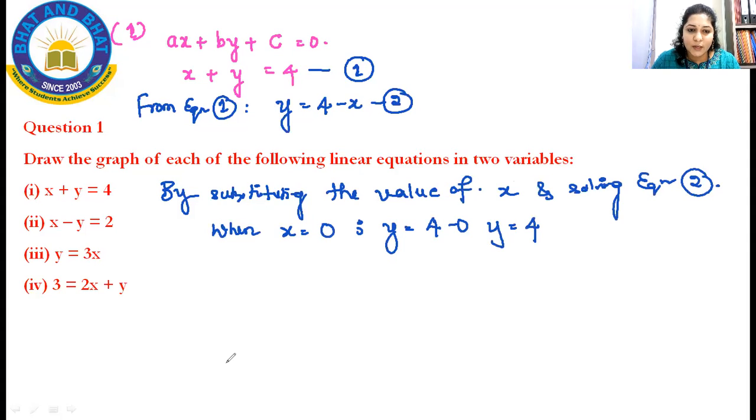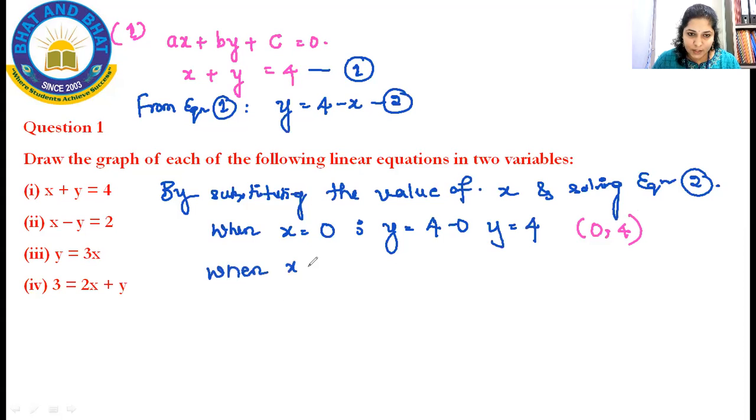So as soon as you get both the values of x comma y, you can write the coordinates. So while writing the coordinates, you can, for your reference, write it as 0 comma 4. Am I right? When your x value was 0, you got y value as 4. Now similarly, you have to go on writing the steps subsequently. So go ahead and substitute.